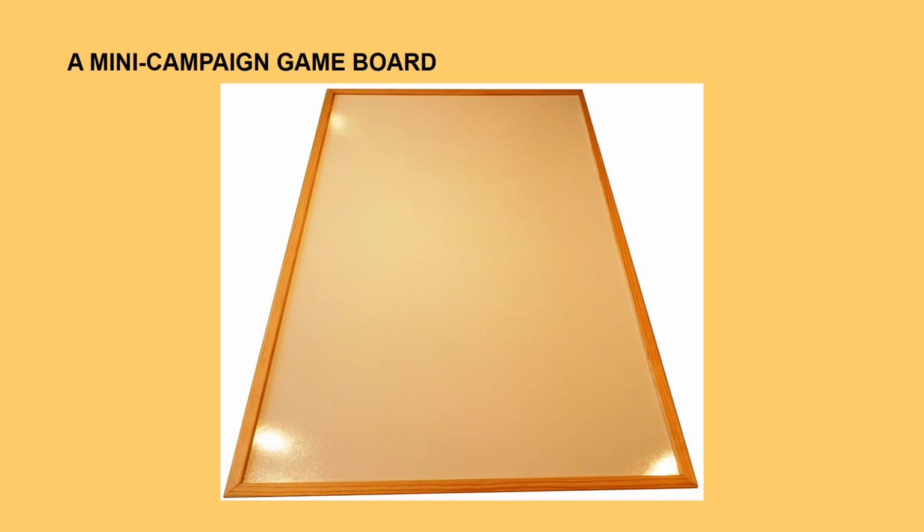To create my mini campaign board, I went out and bought a 3 foot by 2 foot magnetised whiteboard from one of the large stationers. I believe it might have been Staples, but I'm not absolutely sure. Now, the white magnetised side is the side you're looking at in this photograph, although unfortunately it appears to be brown due to the quality of the photograph. However, if you turn it over,